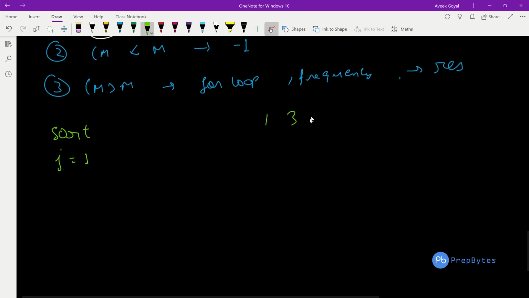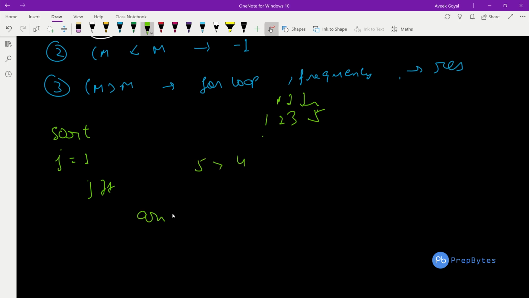So let's say we have 1 2 3 5. Is the array element equal to 1? Yes, it is, so it is present. Increment j, and increment i also in the loop. The element at index 1 is equal to j? Yes, it is. No issue. Increment j. Equal to j. No issue. Increment j. Now 4 is j, but we have 5 as the value, so 4 is missing.